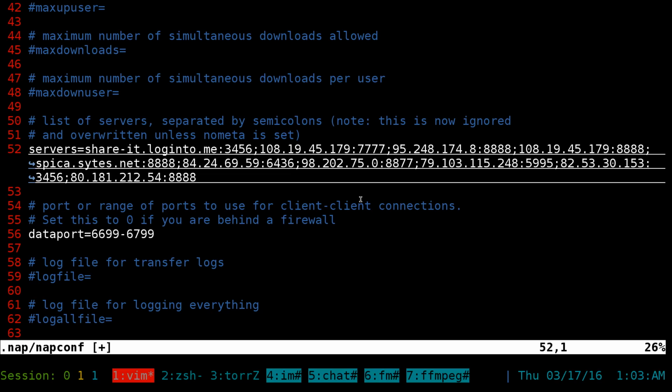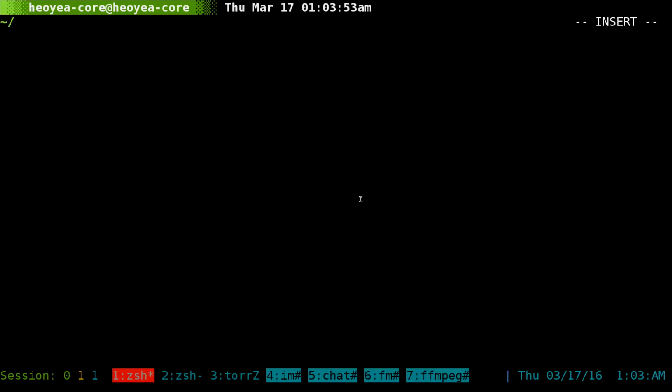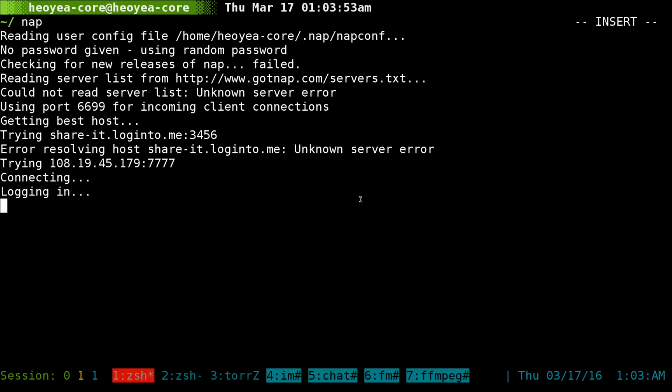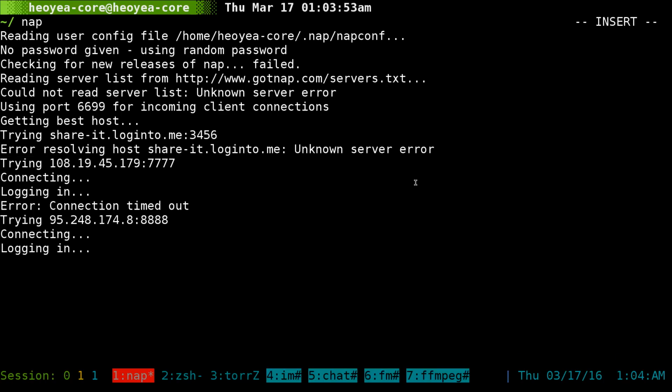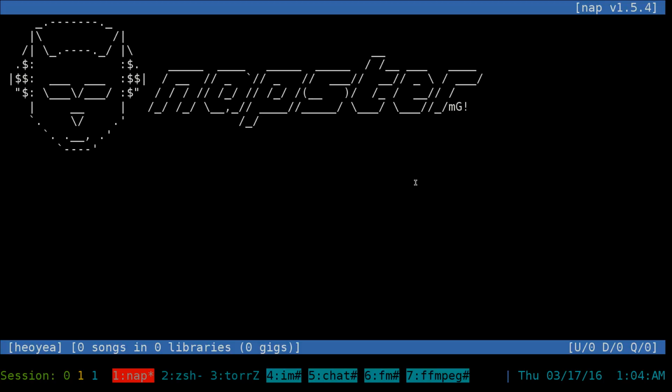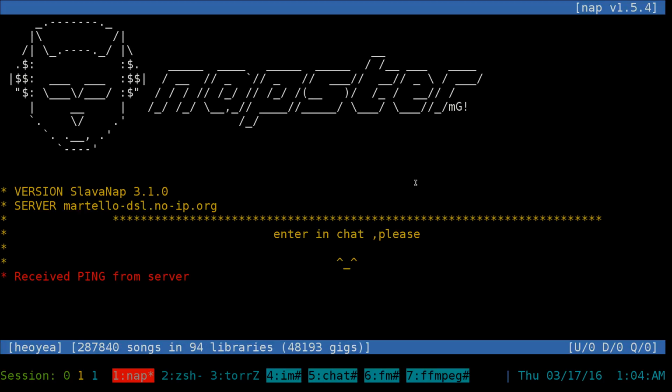Now this one's a pretty old client, and it hasn't been updated since I think 2006. So some of these servers, they don't allow you to connect using this client, but some of them do work. So that's what we're gonna do here. It's just automatically gonna try to connect to each one of them, and the first one that works, it'll connect to it. So you hit nap here, and you see like this server, it doesn't allow me to connect. But we'll wait for it to try another server and so on and so forth. And then this one works,